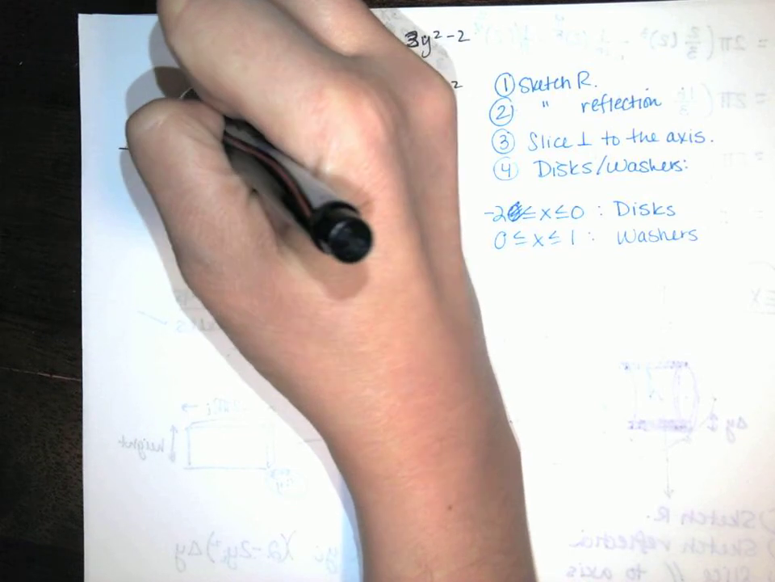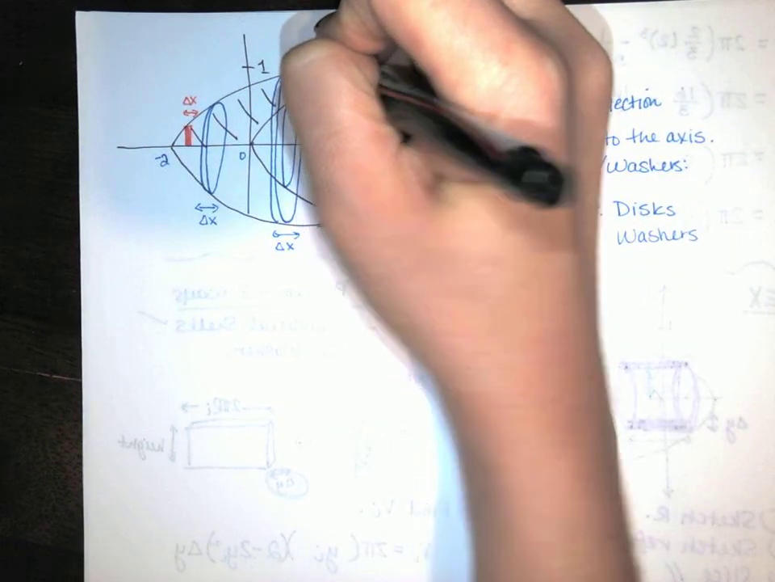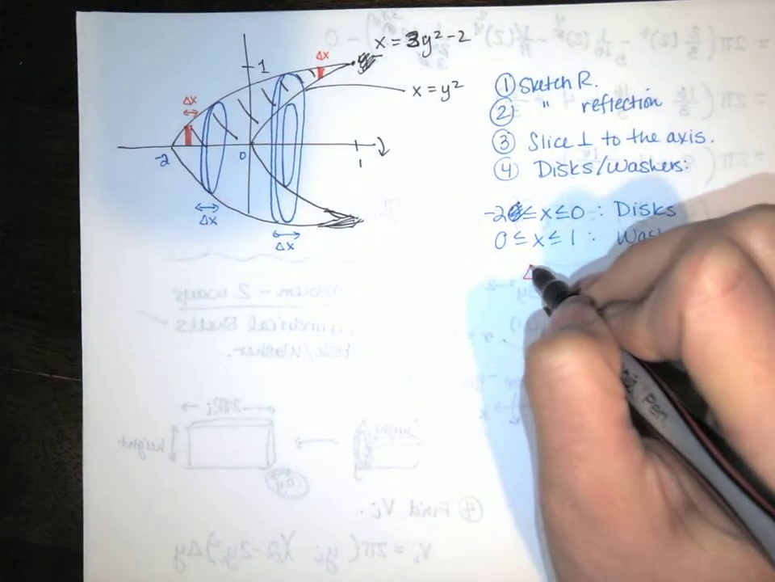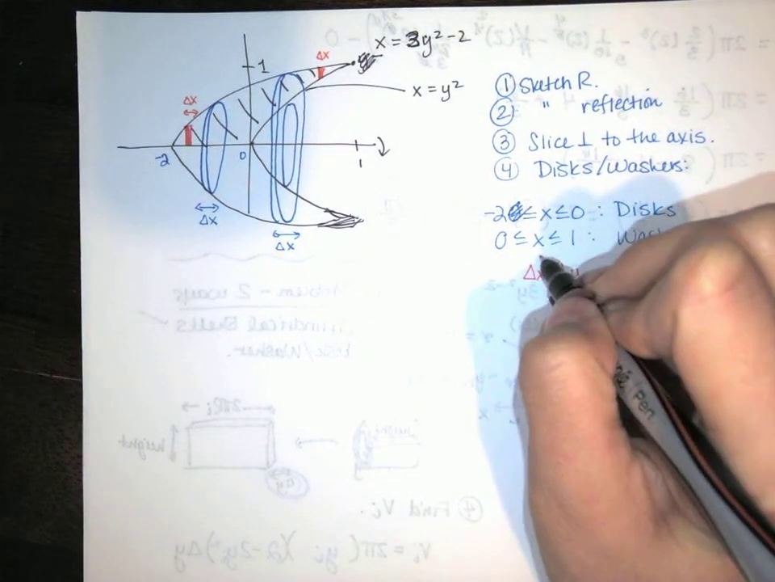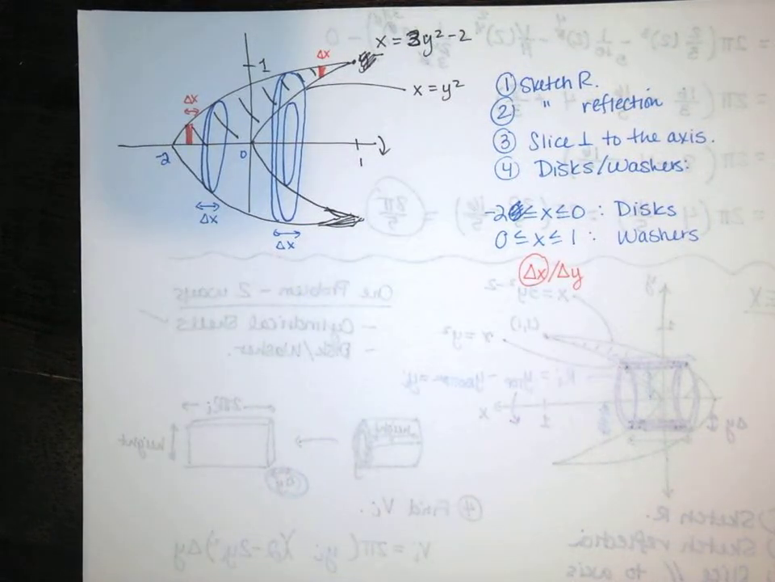The width of that rectangle is delta x, or the width of this rectangle is delta x. Okay, so we decide between disks or washers, we decide between delta x and delta y, we choose delta x. So I'm going to set up the first integral, and then I'll set up the second integral, and we'll add them together, and hopefully we'll get pi. It should be exactly the same volume either way. Okay, so the first integral,